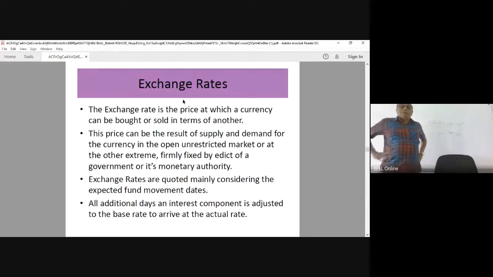Exchange rates are quoted mainly considering the expected fund movement dates. All additional days and the interest component are adjusted to the base rate to arrive at the actual rate. There is a bidding and offering among